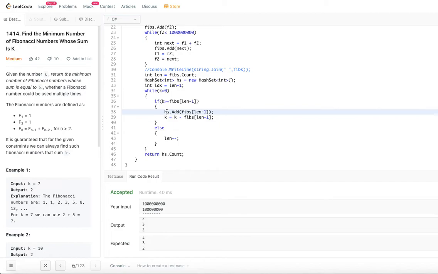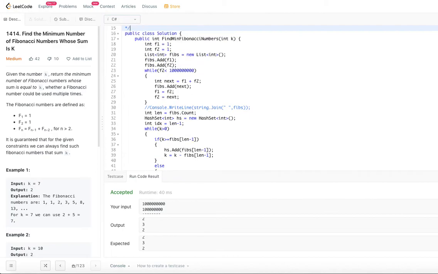Let's go ahead and look at the time complexity. Since I am generating these Fibonacci numbers until 10 power 9, there are only 44 Fibonacci numbers possible under 10 power 9.